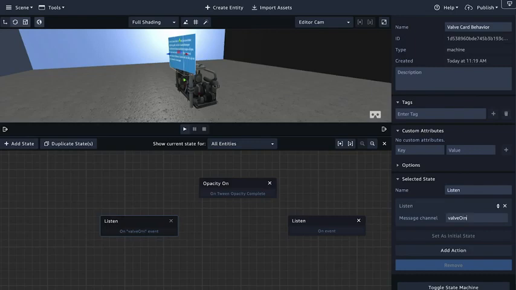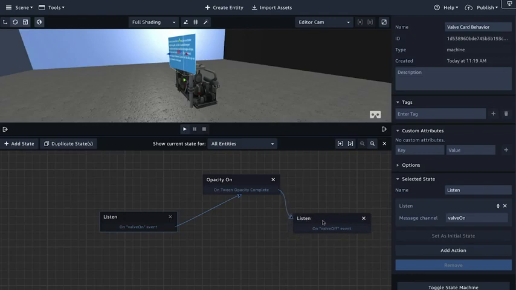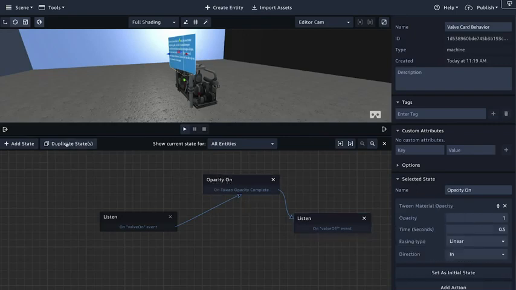Remember that, oh my goodness, it is case sensitive, so that is something to make sure that it all matches correctly. And then this one will be valve off. Okay, so our first listen message is listening for valve on. It'll transition to opacity on to turn on or show the card. It'll then transition to be listening for the valve off message, which will then transition to, we'll duplicate this opacity on,